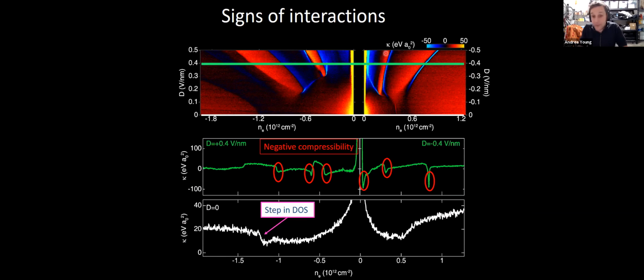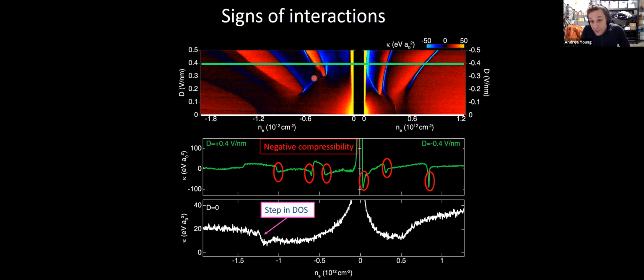The band minimum is just very flat, and I would expect you should have a bunch of Wigner crystal states, especially down here. Indeed, we see strong negative compressibility, what looks like a metal-insulator transition, not totally clear. On the other side, it's less clear because the band structure is more complicated. It looks from Hartree-Fock that you might get nematicity. We haven't seen anything like that when we've tried to look for it so far.